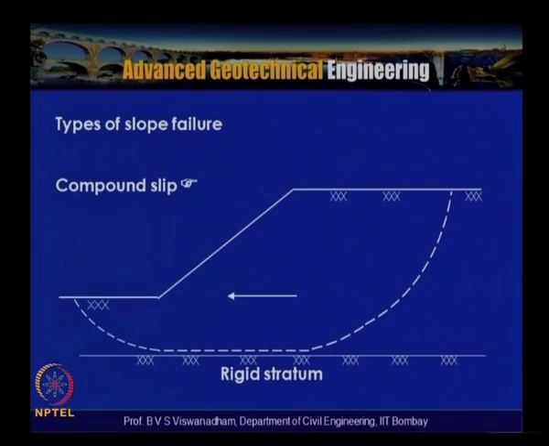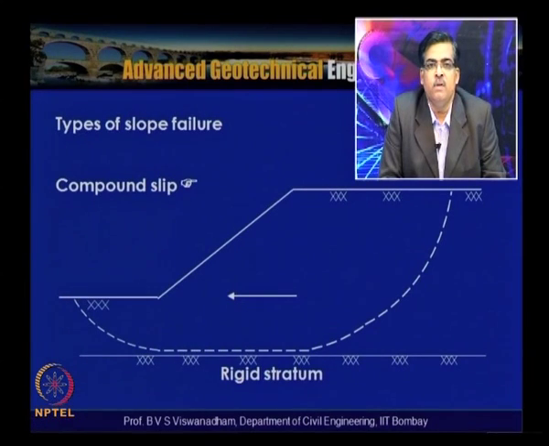And another type of failure is the compound slip failure, also called a base failure. In this case, if the subbase or subgrade soil does not have adequate strength, then there is a possibility of a base failure which extends, and the failure surface remains tangential to the rigid stratum. So, these failure surfaces can occur on sites where you have very soft soils, and constructions on them, maybe in the form of embankments, can lead to compound slip failure surfaces.